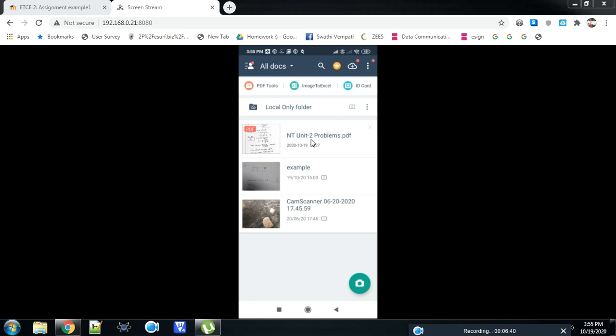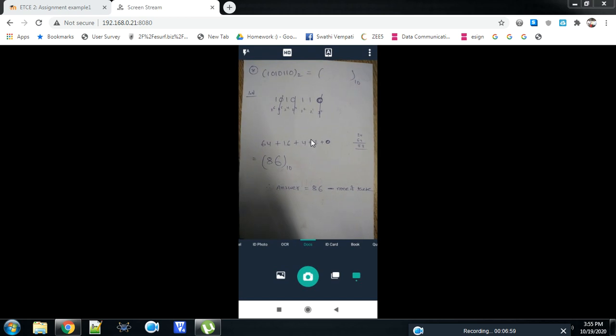I want to scan the photo. Click on this, the camera symbol, so click on that. Now I'm doing my scanning operation. Clearly you scan. Now if you want, you need to adjust. If your scan is not correct, you need to adjust it.